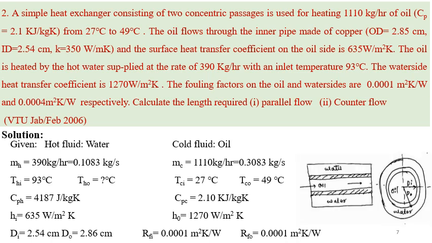So the line diagram is like this. You can see here oil is flowing in the inner tube and water is flowing in the outer shell. And d naught and di are given. So the overall heat transfer coefficient is subjected to this inner tube, and the dimensions pertaining to that inner tube are given, and the fouling factor at the inner side as well as the outer side is given. So we have to consider all the values of resistance for the calculation of the overall heat transfer coefficient.